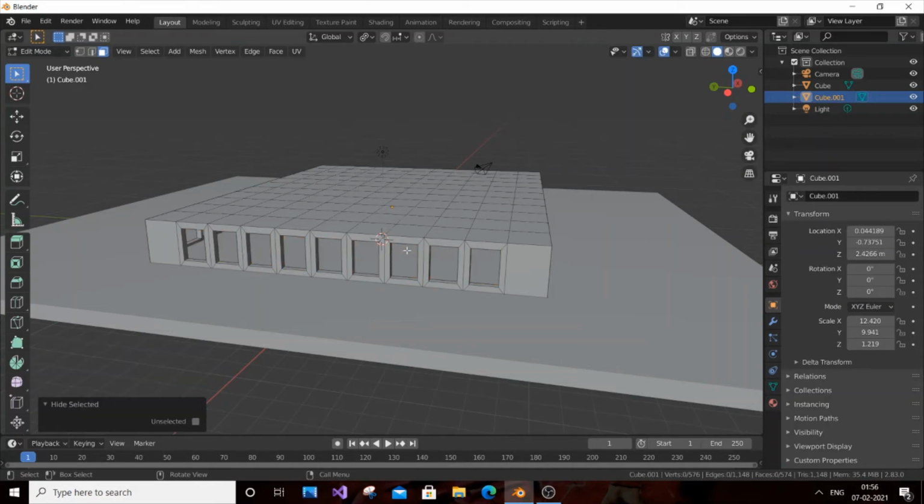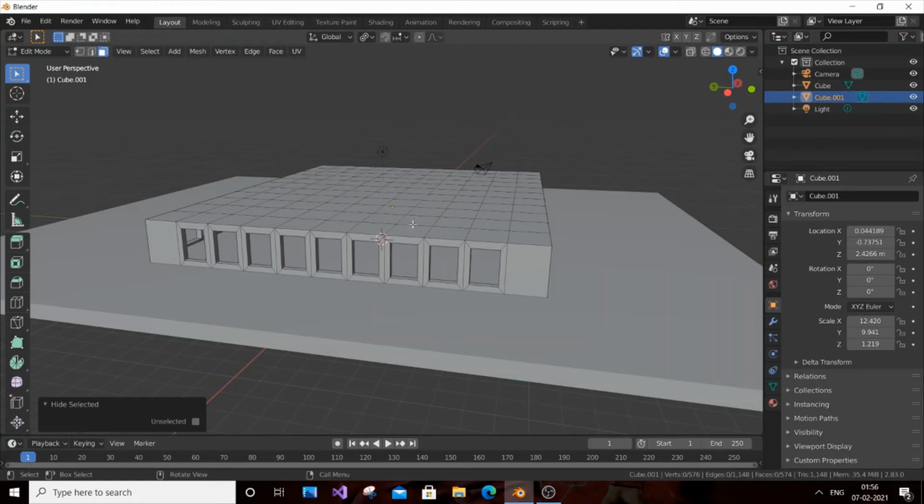Now you can see our windows have vanished. The reason I did this is that when we apply color, our windows are going to have a glass-type, light bluish color, and our main building is going to have a brown color. If we didn't hide them, you could still add color to your windows, but you would need to select one window at a time, add color, select, add, select, add, and repeat it. But this does it in one go. So that's why I'm using it.